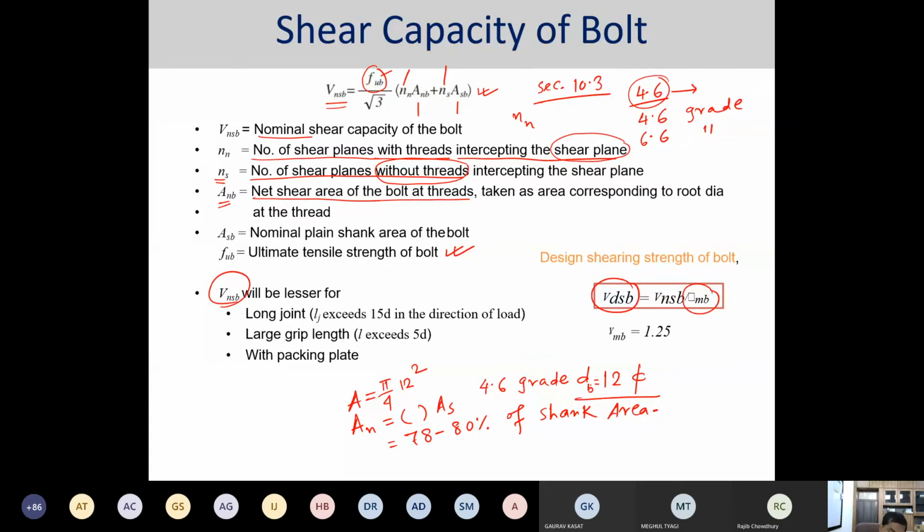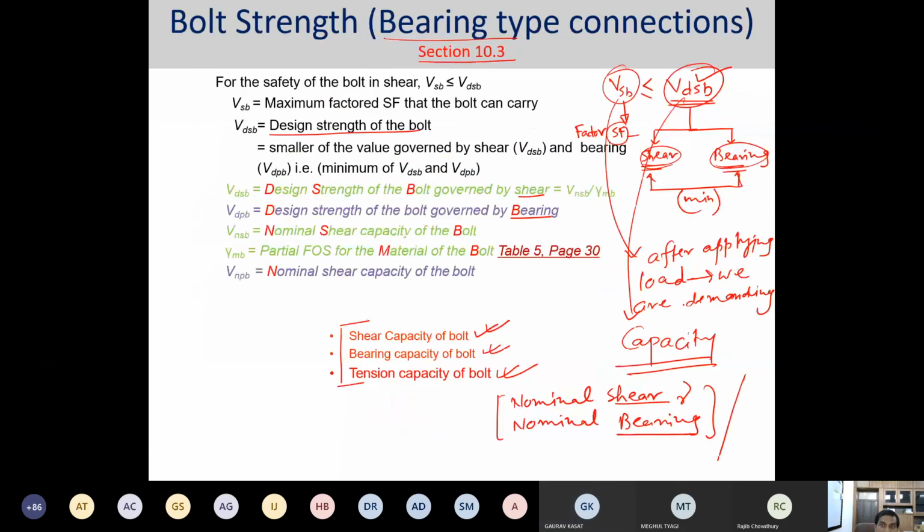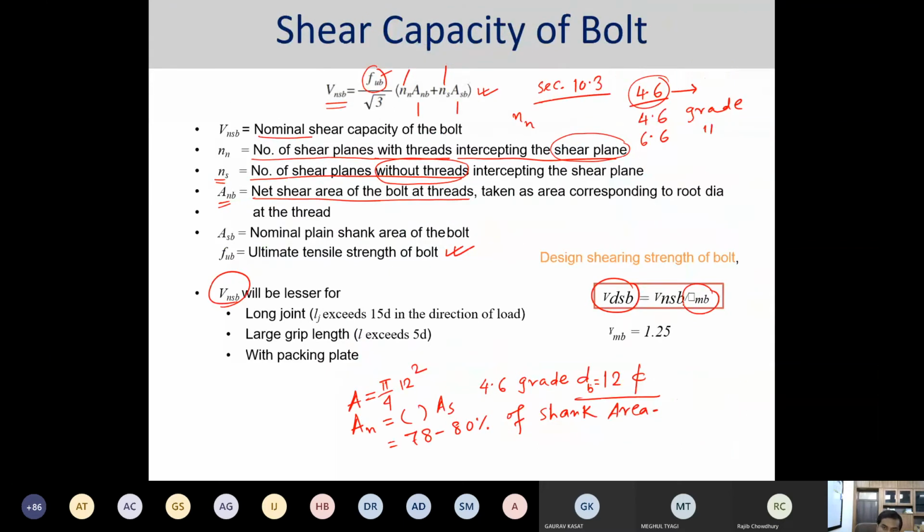Okay, so after having this design shear strength, we go back over here. For the safety of the bolt, the factored shear should be less than this or greater than this. You have to check it. The nominal shear strength, or in another way, the design shear strength would be less for